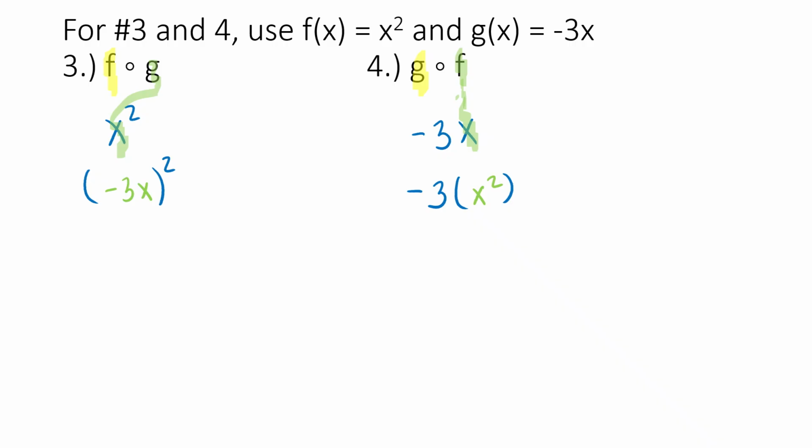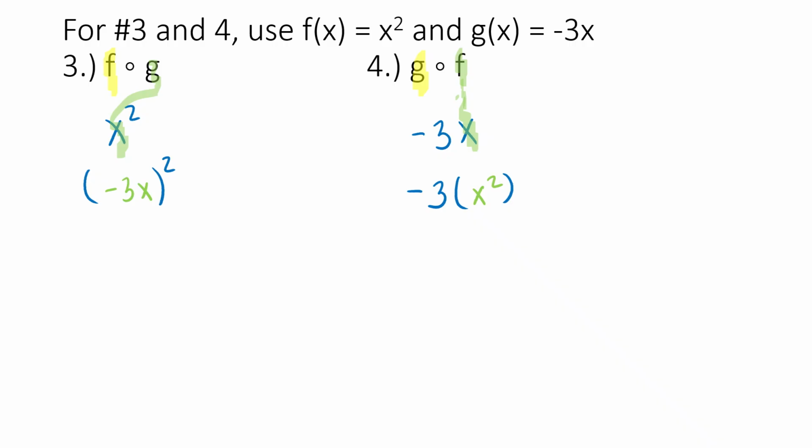Now, right here, I think this is one of those interesting spots. We might say these out loud the same way. You might hear negative 3x squared or negative 3x squared, but they are not the same because the placement of the parentheses does matter. So in the one over there on the left, you might hear someone say negative 3x all squared, and that "all" is used as a verbal signifier of the presence of parentheses,